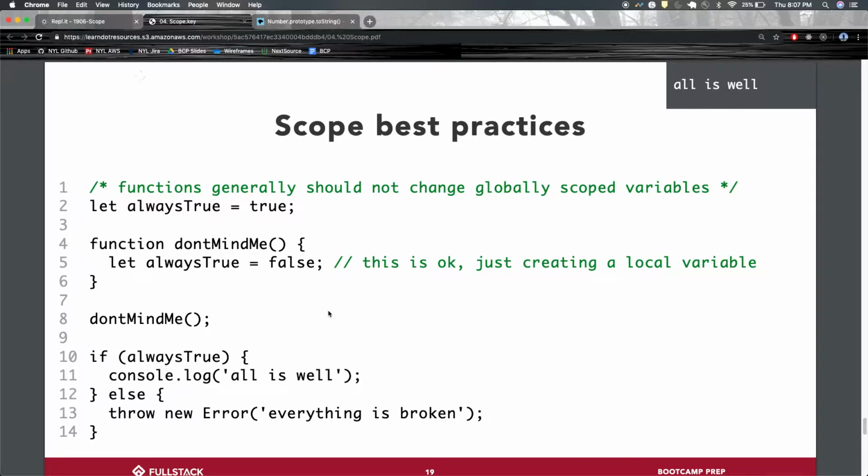So it looks up, and outside of that is the global scope. And it finds always true is defined here. And then it sets it equal to false. So now, if you console log always true down here, it would be false if the let keyword wasn't there. So without the let, then it draws